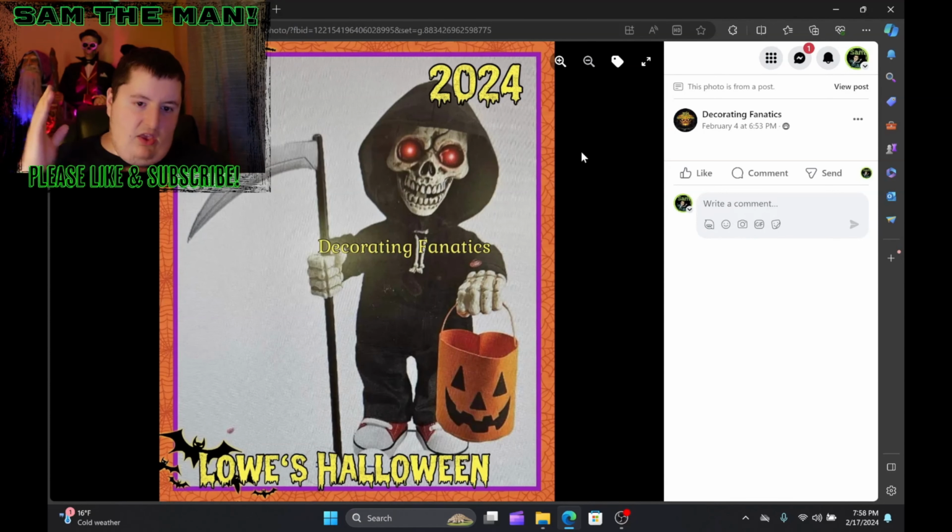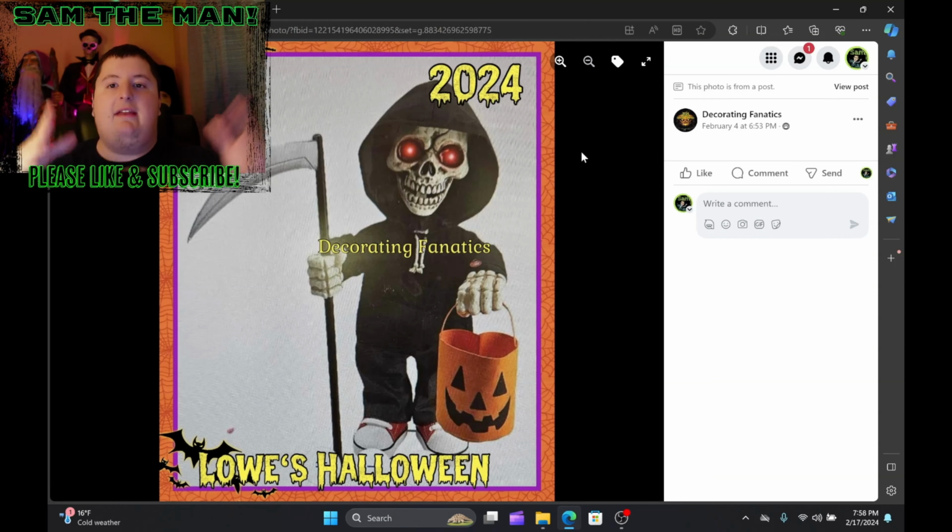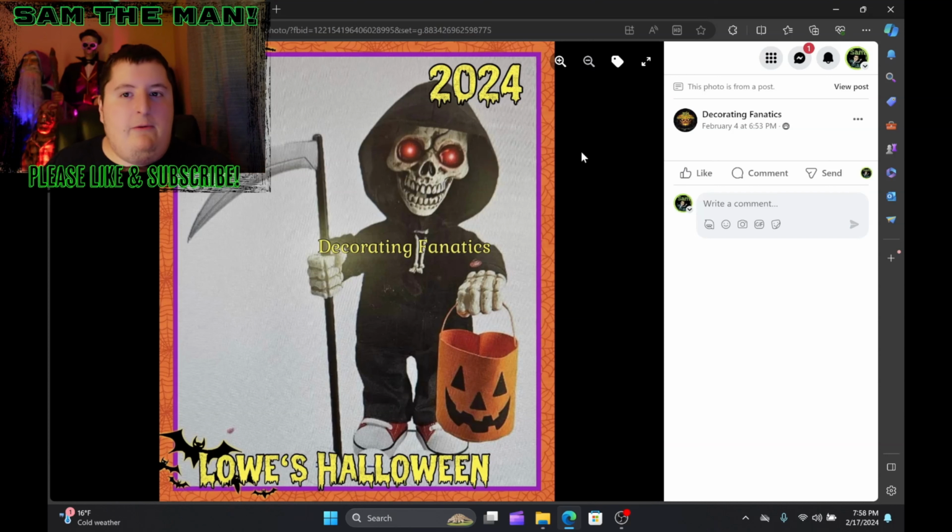So they're trying to create some smaller animatronics like Home Depot. Home Depot has the 3-foot twins that they've had for a couple years. Lowe's is starting to get into the 3-foot game with some other things. I think Lowe's has had some other 3-foot props before. They're obviously aiming at Home Depot with this, because the Home Depot twins, I don't know if you guys remember